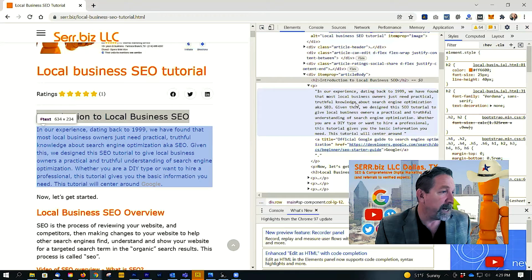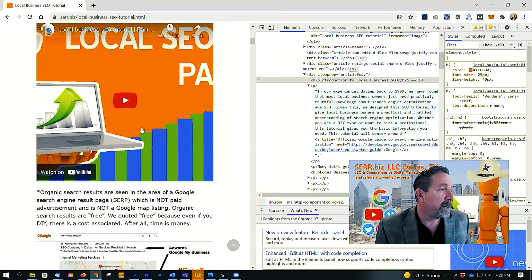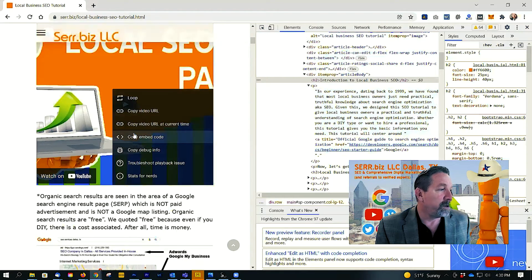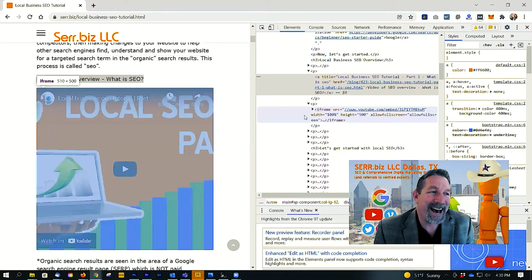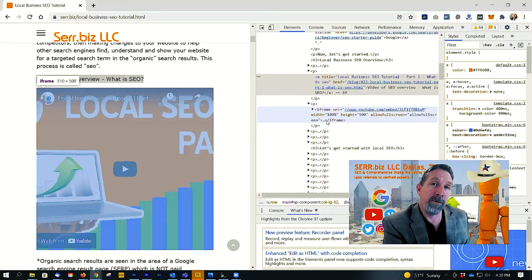So that's important. Now, this page also has video on it. So let's take a look at the video right here. But you see, this video is actually being pulled in through an iframe, and there's not actually a lot of content on it. Now, farther up in the header area of the code, I've included some schema information that talks about this video and what it is and so forth. So that helps Google. So a bit of the code actually helps inform Google about the content on your website.